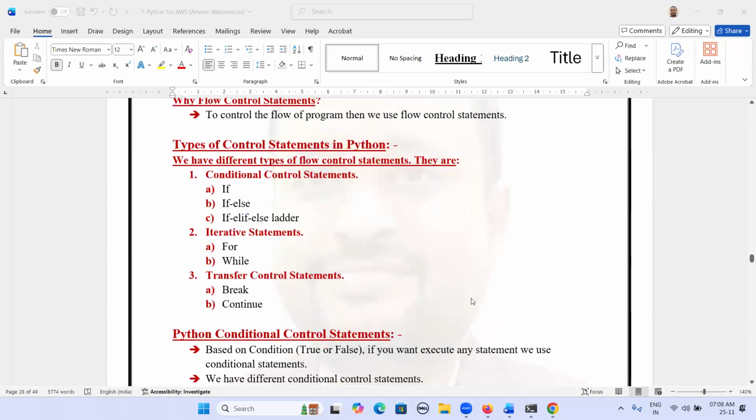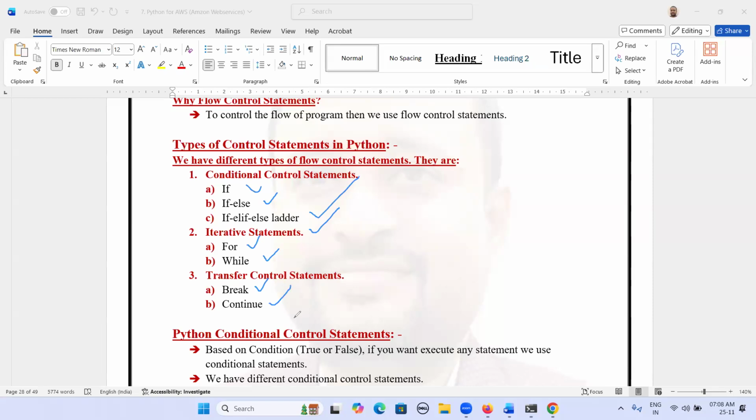We have three types of flow control statements. One, conditional control statements: if else, if else ladder. Then iterative statements like for and while. And transfer control statements: we have break and continue.